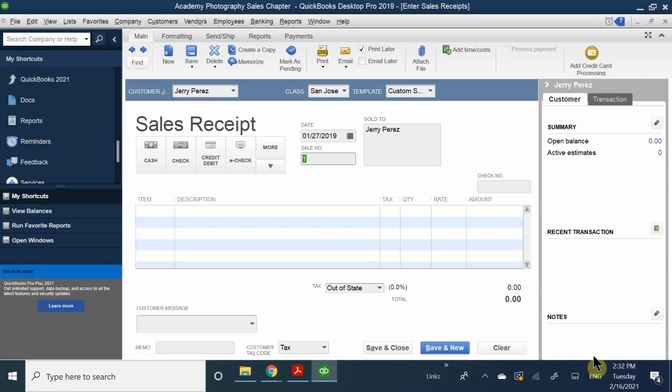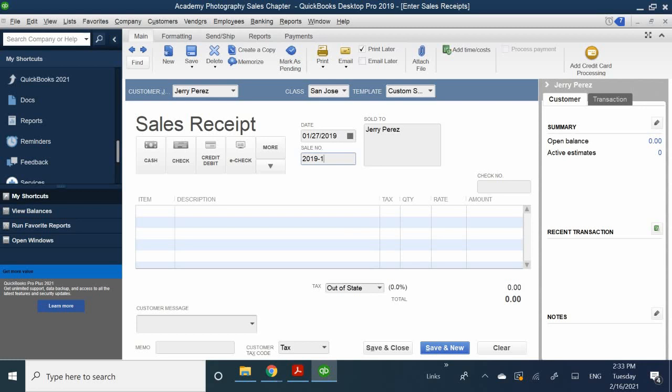It's also a good accounting method for you to keep track of every single receipt because once you associate a number here, right? In this case, it's going to be 2019-1. It doesn't matter in this case because it's in the past. I'll go ahead and do what the book says. So 2019-1, meaning this is my first sales receipt as of